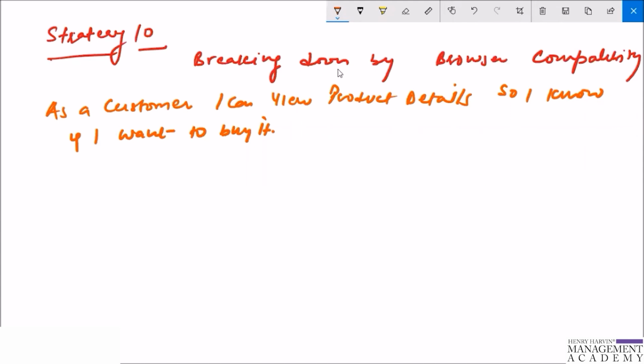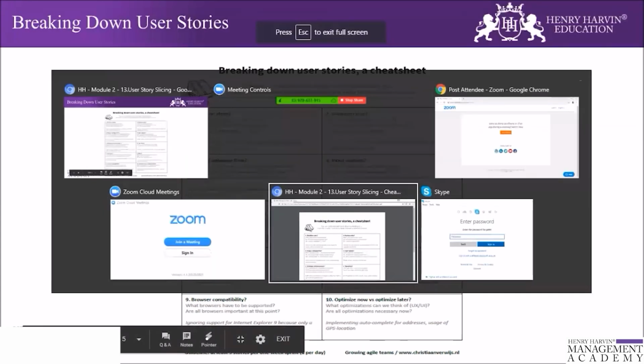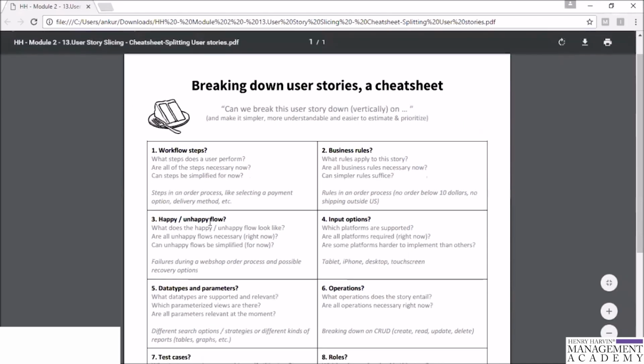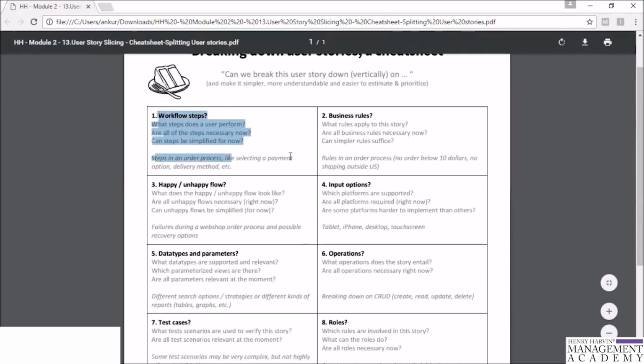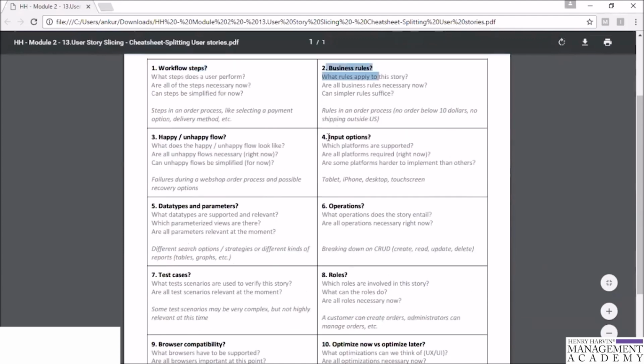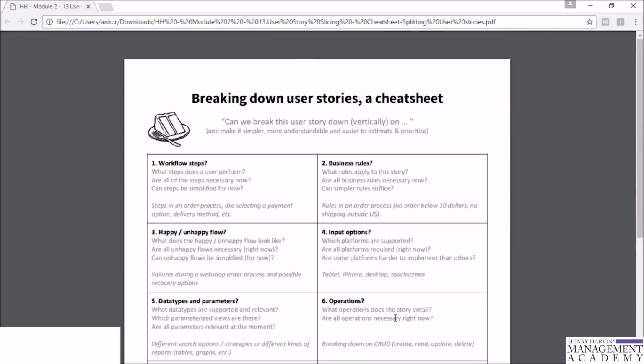We have discussed 10 methods, and you can download a sheet at the end of this session where we have mentioned all the steps that we have discussed: the workflow steps, happy and unhappy scenario, business rules, input options, data weight and parameter, operations, test cases, role, browser compatibility, and optimize now versus optimize later. So I prefer now, because you all go back home, and when you go back home after the